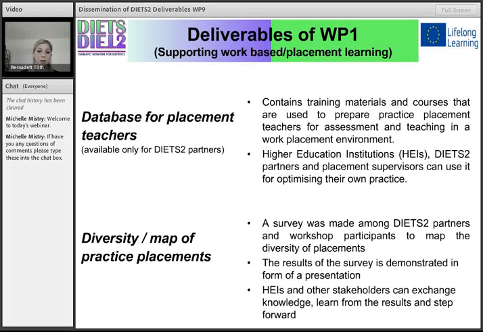So these are primarily for the higher education institutions, but also to all DIETS 2 partners and placement supervisors can use them for optimizing their own practice. These practice placement